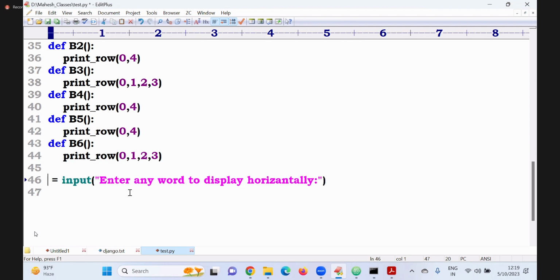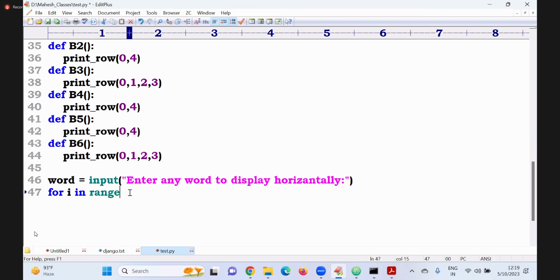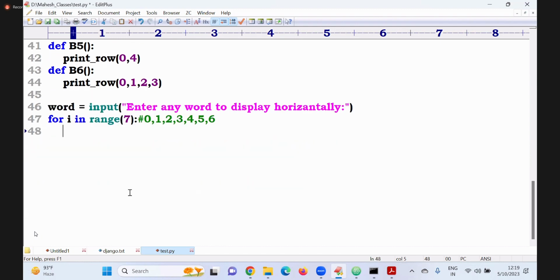It is not a character, it is a word. Sir, how many rows are in those columns? 7 rows compulsory. Check it. For i in range of 7, compulsory. Whatever the values here, 0, 1, 2, 3, 4, 5, 6, it runs that many times. First time, what is the value of i? Next, 1, 2, 3, 4.